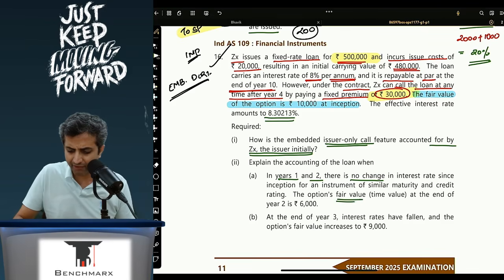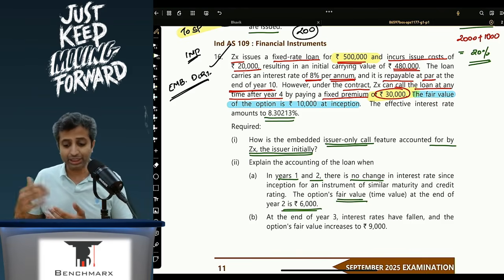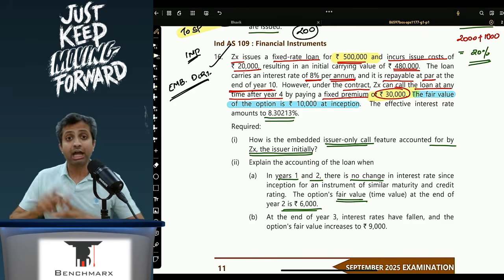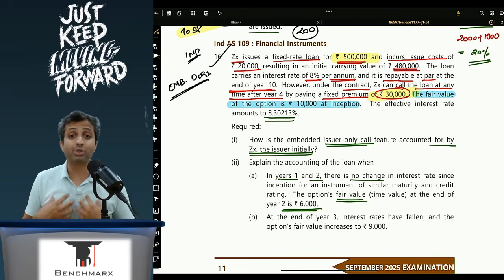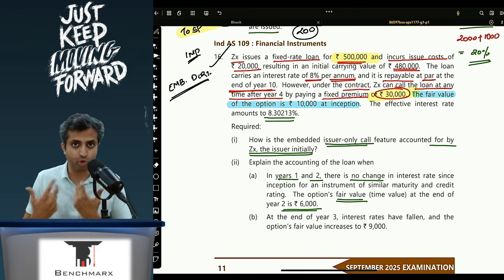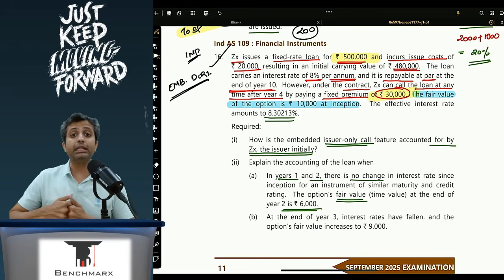The option's fair value due to time value at the end of year 2 though is 6,000. So initially the fair value was 10,000. The fair value is falling to 6,000. Now typically the prepayment option becomes valuable to the issuer who has taken the loan if the interest rates in